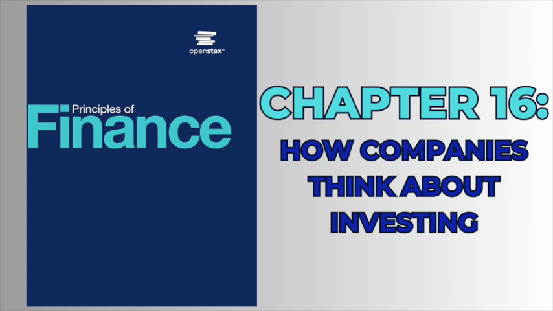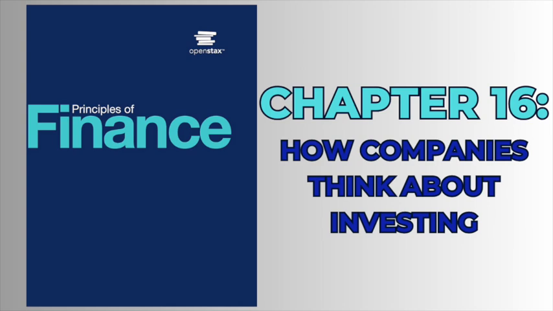Equation 16.4. For the embroidery machine project that Sam's Sporting Goods is considering, the PI would be calculated as PI equals 18,836 over 16,000, which equals 1.18. Equation 16.5. The numerator of the PI formula is the benefit of the project, and the denominator is the cost of the project. Thus, the PI is the benefit relative to the cost. When NPV is greater than 0, PI will be greater than 1. When NPV is less than 0, PI will be less than 1.